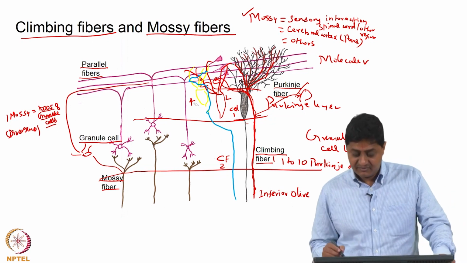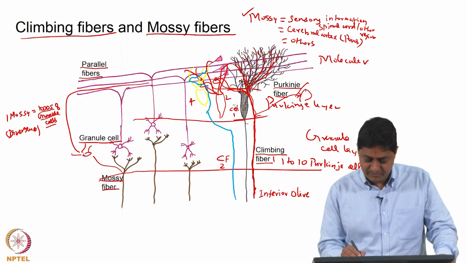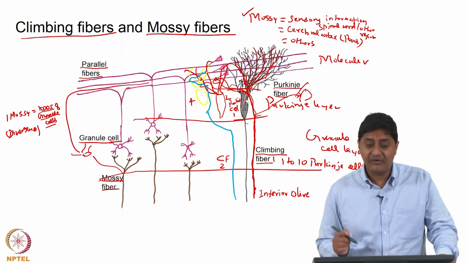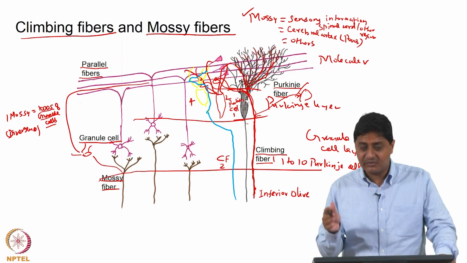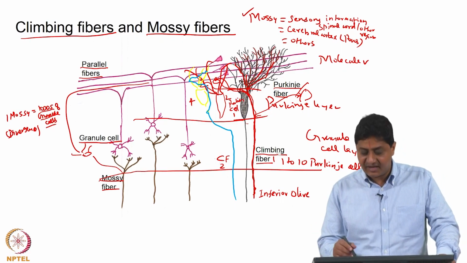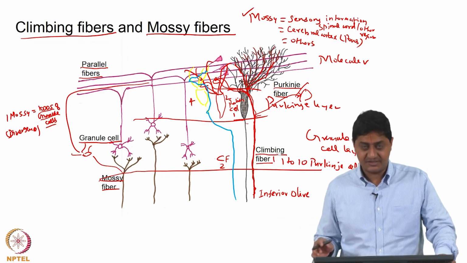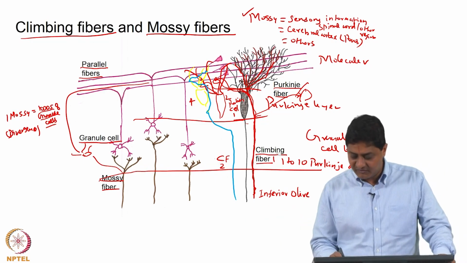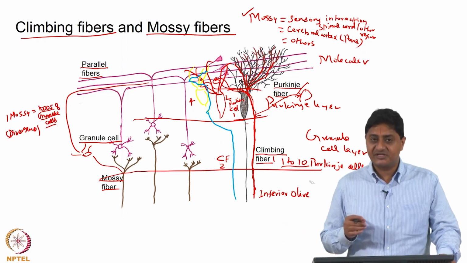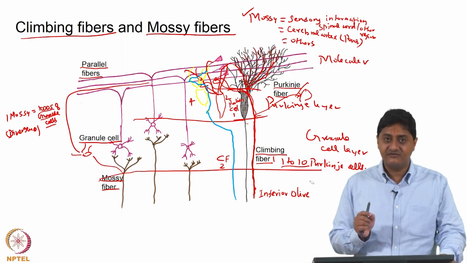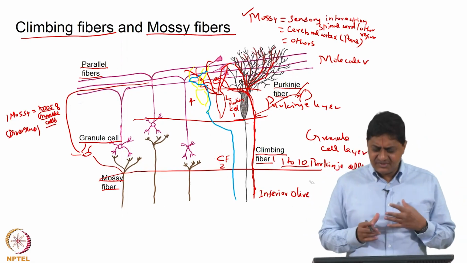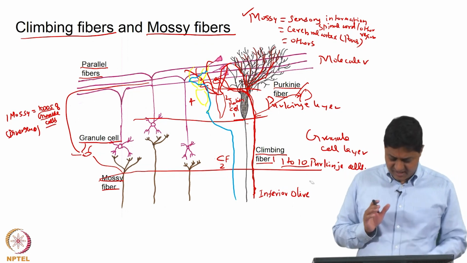So, a given Purkinje cell, say PC1 or Purkinje cell 1, is receiving input from only one climbing fiber, either from climbing fiber 1 or from climbing fiber 2, but climbing fiber 1 itself can innervate multiple Purkinje cells. Okay. So, that can be of the order of 1:10. So, one climbing fiber can innervate multiple Purkinje cells, but a given Purkinje cell can receive input from only one climbing fiber. So, it seems like there is a fundamental difference in the way these